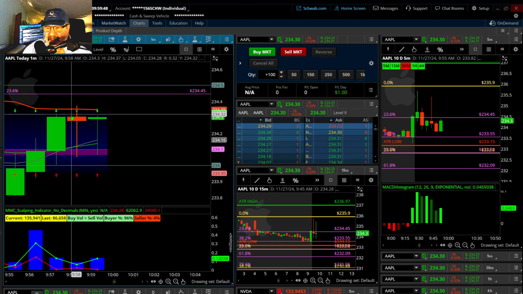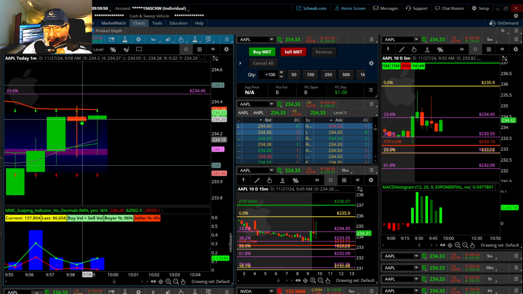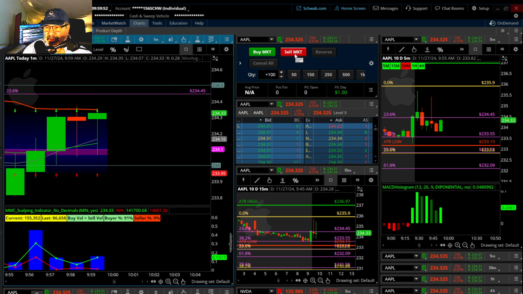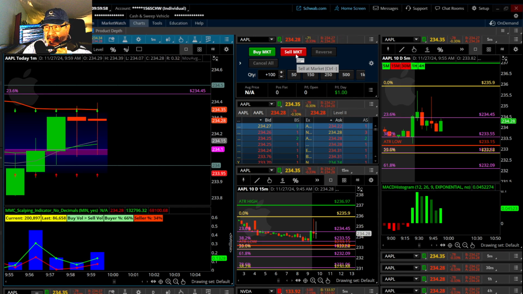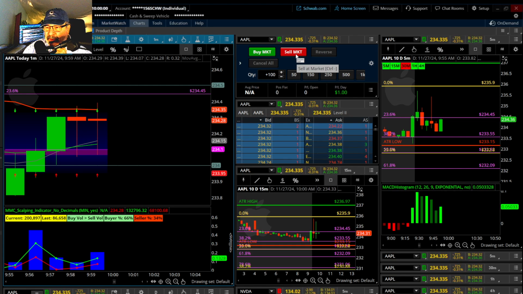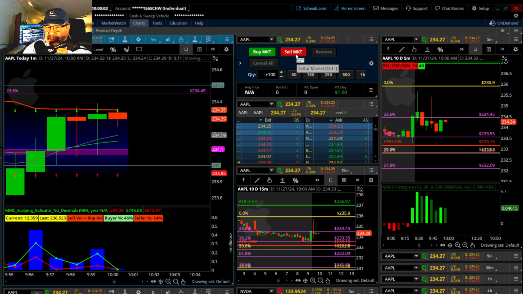So this is the second time in a row it's telling me to turn around just below the VWAP. So I'm looking to go short. That's a hangman pattern. Make sure you learn your patterns. Candlestick pattern playbook. I have a link to that. So I'm looking to get in. I want to see if this is going to